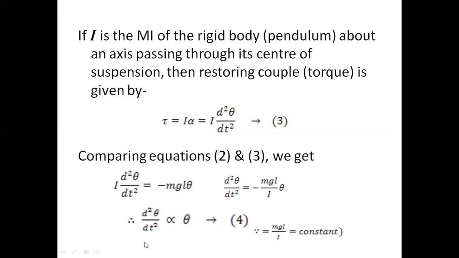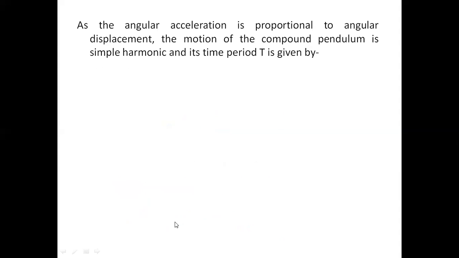So that means angular acceleration is proportional to angular displacement and is negative, hence it is towards the mean position. So from this equation, what we can state is that the angular acceleration of the body is proportional to its displacement, and since it is negative, it is always towards the mean position. As the angular acceleration is proportional to the angular displacement and is towards the mean position, the oscillations of